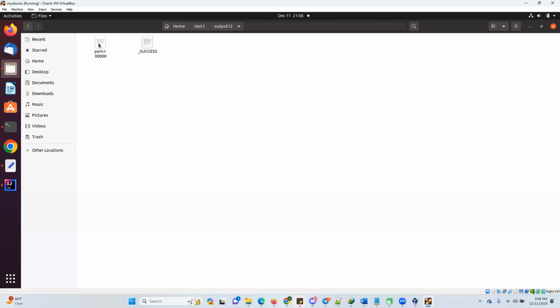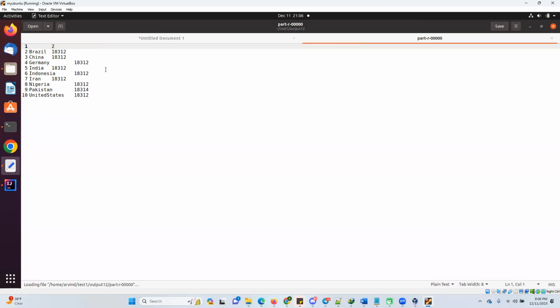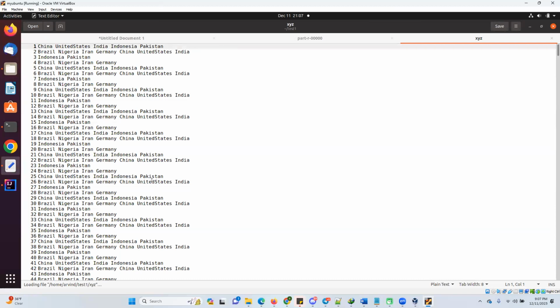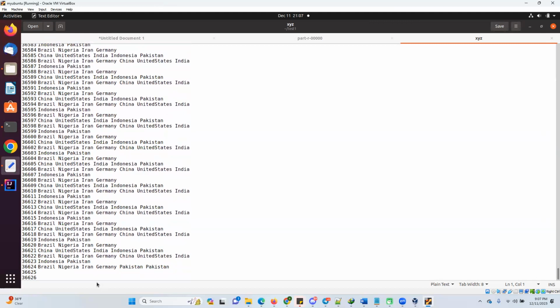this is the output file. Can you see this output file? This is the result. You can see how many times this word is counted. If I show you the XYZ file, this is my XYZ file. In this input file, I just added the word Germany 2 more times. I just want to show you the change. I saved the file, and now